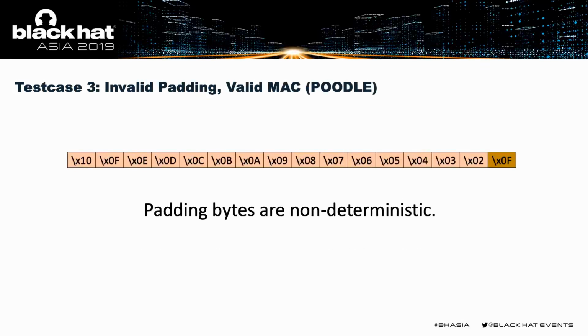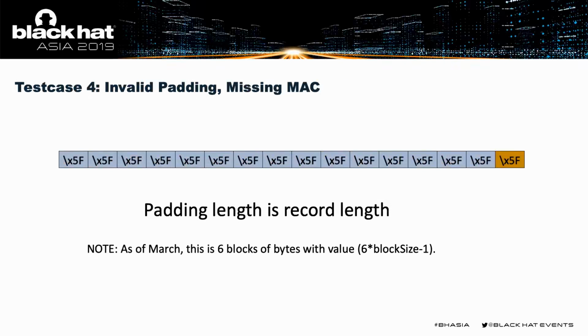The third test case is just basically your POODLE test case. We've got TLSv1 style padding where the server will not be able to validate the bytes. And test case number 4 is going to be having a missing MAC. So that means the padding length is going to be exactly the length of the record. And once again, initially in March, I started out just by doing the last block because that's what a POODLE attacker would do. With the increased knowledge of Beast, I ended up expanding this so that all of the blocks would have this value so that it would actually be valid padding